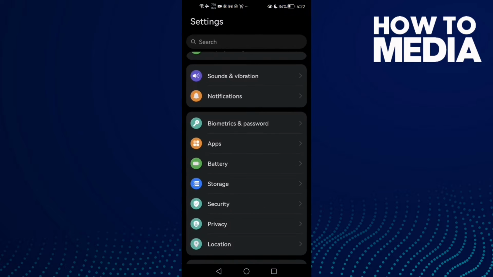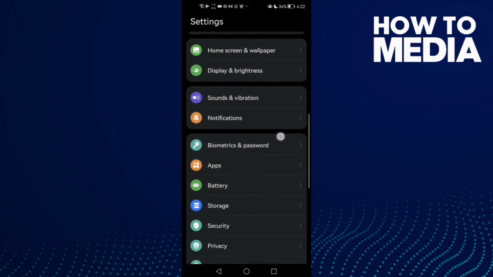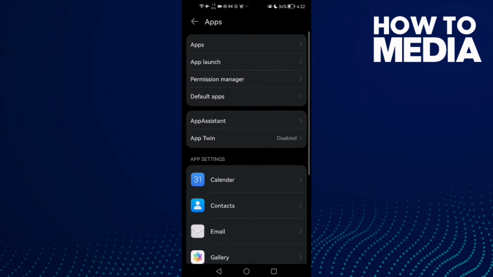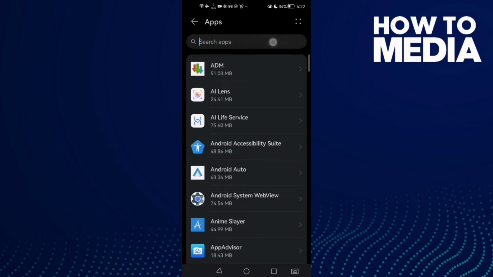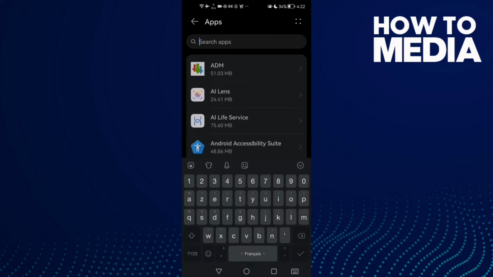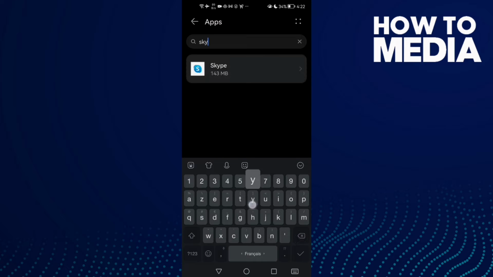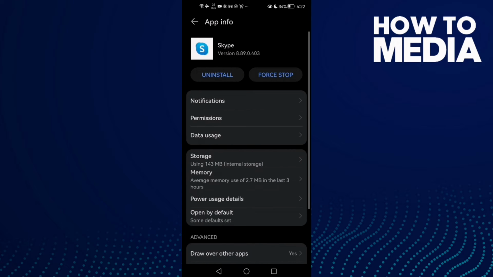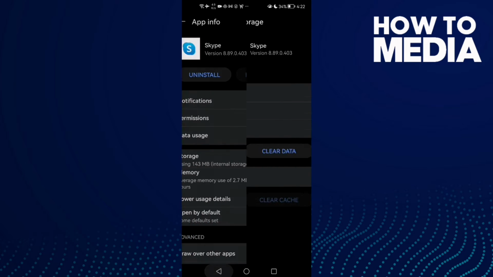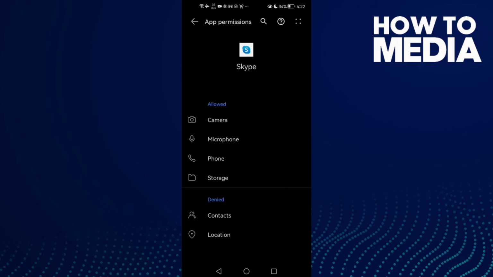First open settings and now scroll down until you find here apps and then click apps again, and here just type Skype and then click force stop, and now click storage and then clear cache, and after that just click permissions and